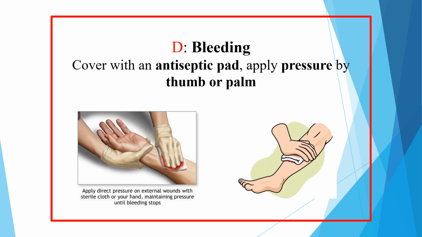And if a foreign body is embedded in the wound, do not remove it but apply padding on either side of the object and build it up to avoid pressure on the foreign body. Hold the padding firmly in place with a roller bandage or folded triangular bandage applied in a crisscross method to avoid pressure on the object. And most important, keep the patient at total rest.